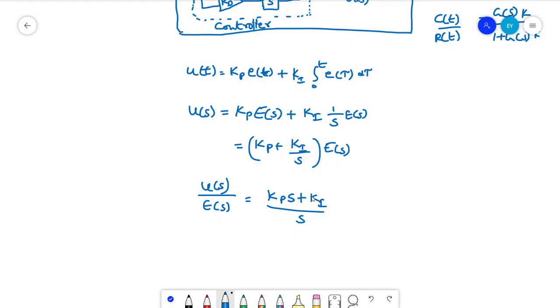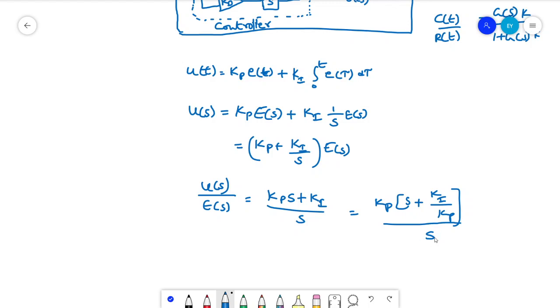You can write it this way, or else you can take kp common from here. If you take kp common from here, what happens? Kp into s plus ki by kp, divided by s. So if you clearly observe this transfer function expression, you can see that there is one pole in